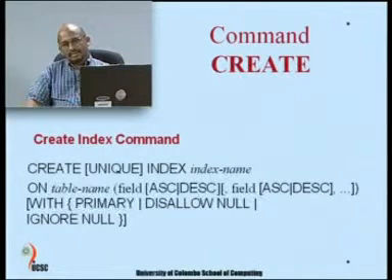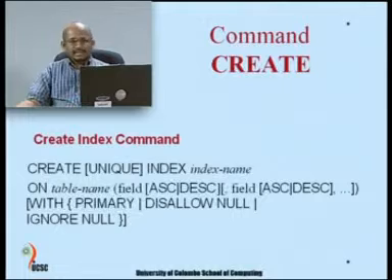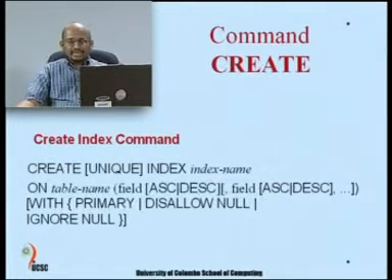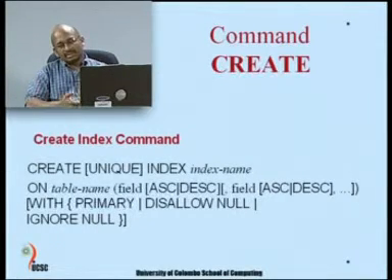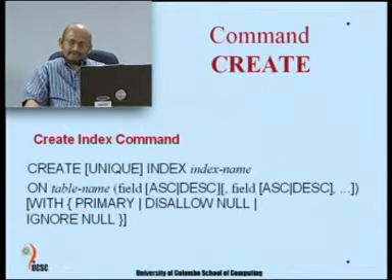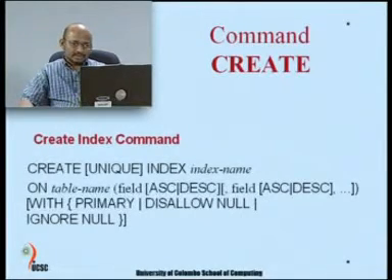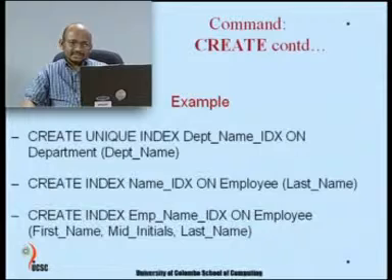like primary key is a unique index, and for other keys it may be unique or not depending on the type of data. National ID may be a unique feature, but name or address are not unique fields. So, for address you may not need to index. The purpose of indexing is to quickly locate some data items based on values. So, for that purpose you use only certain types of fields like employee number, national ID number, and sometimes the name. So, the general syntax of that is what is given, and a few examples of using the index,